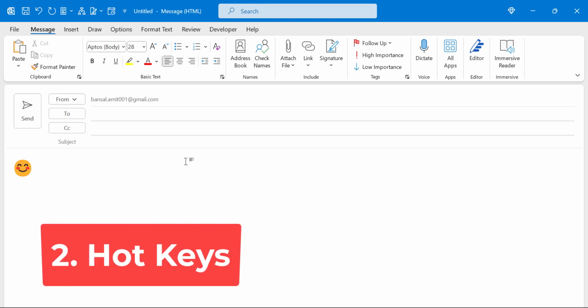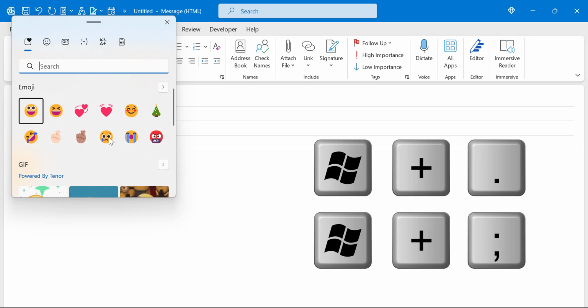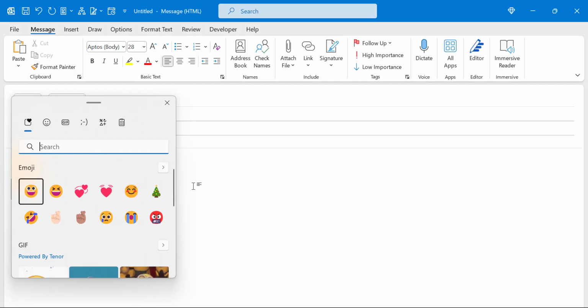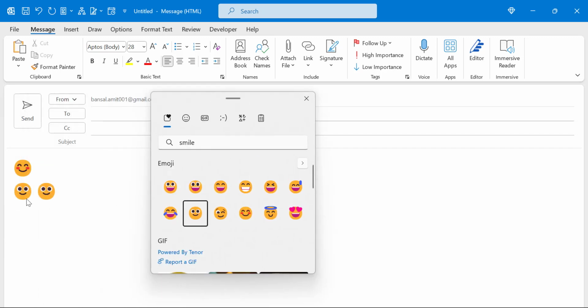The second one is hotkeys. Hotkeys are the combination of Windows and period. When I click Windows and period, that will open a small dialog box on my screen and you will see the search bar over here. Here you have to simply type smile, and when you type smile, you will see few options of emoji here. You will simply select any one of it. I like this because this is a slightly smiling face. Select this and hit enter, and you will see your emoji is entered in the Outlook body where your cursor